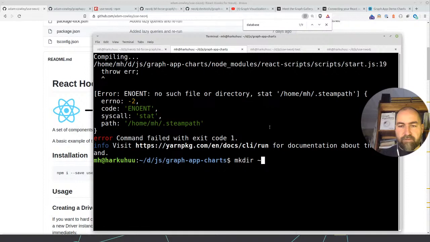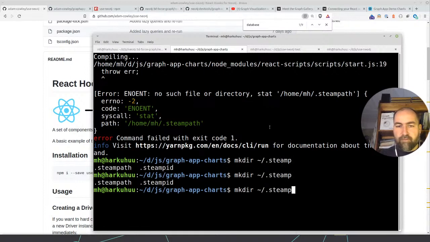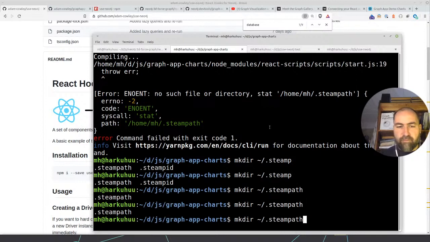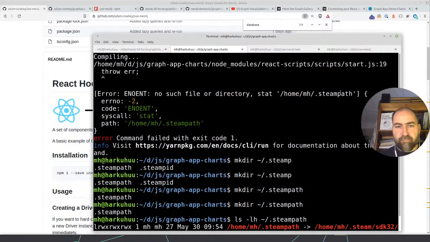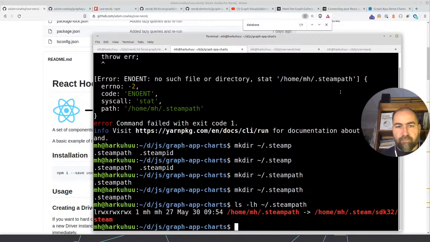I can create a Steam path. There's a Steam path. It goes to Steam. No such file or directory. But I don't know why it's looking for that.